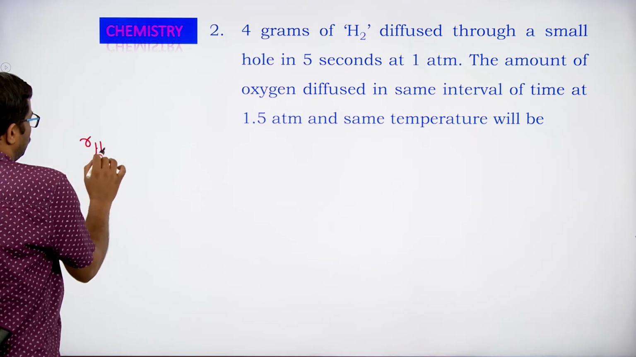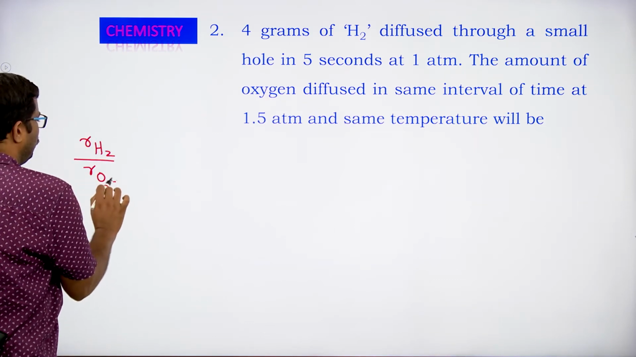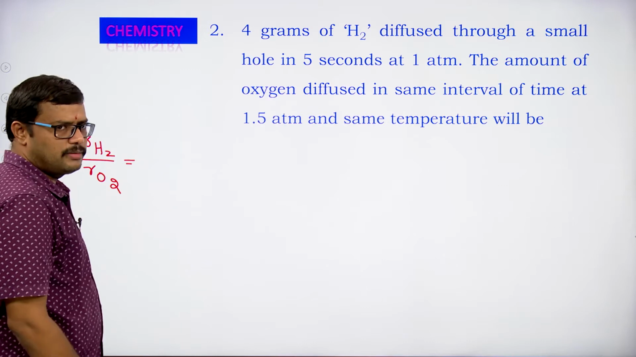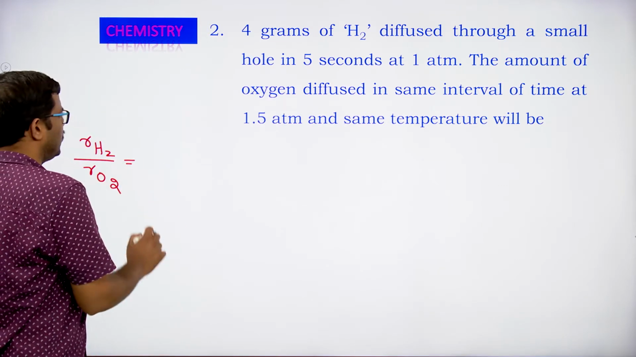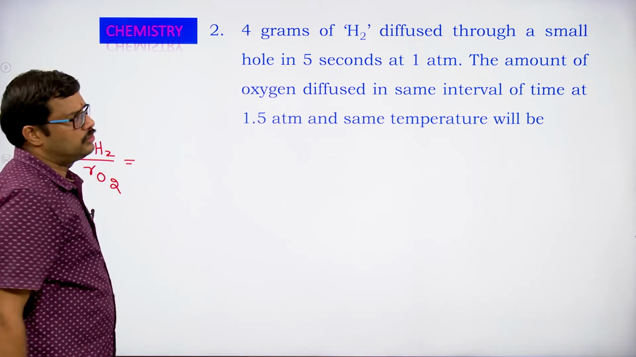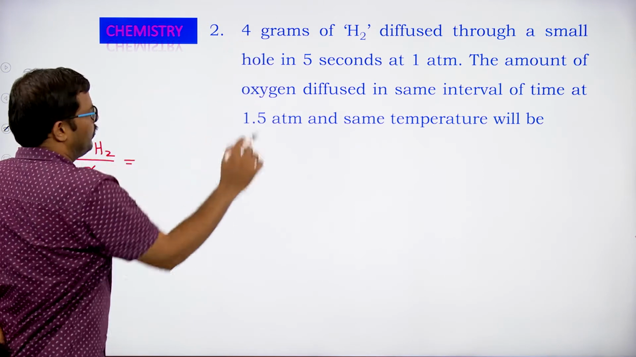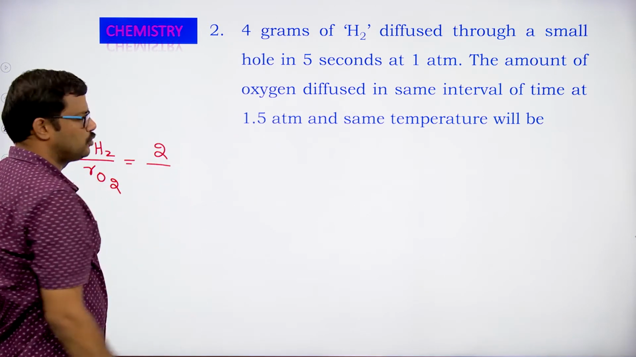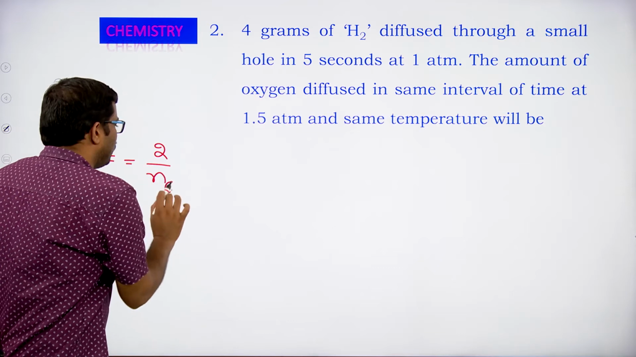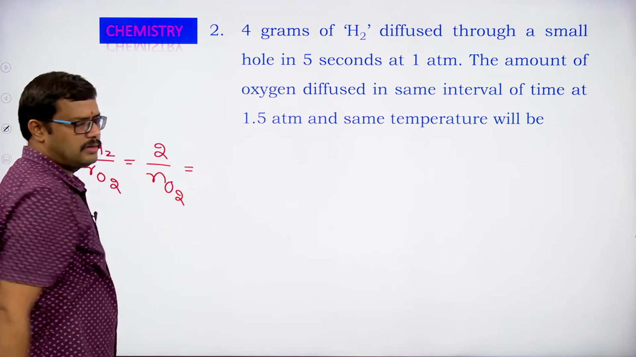Now R of H2 by R of O2, that is the rate of diffusion of H2 divided by the rate of diffusion of oxygen, equals the number of moles of hydrogen. The number of moles of hydrogen, 4 divided by 2, we just calculated, is 2 moles. And we don't know the number of moles of oxygen, that has to be calculated, which is equal to